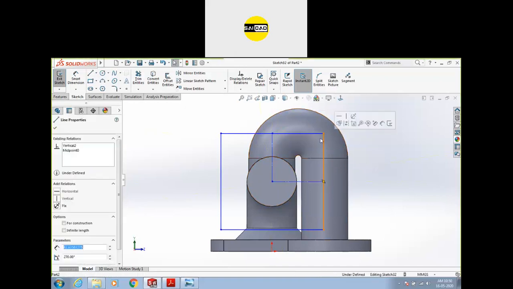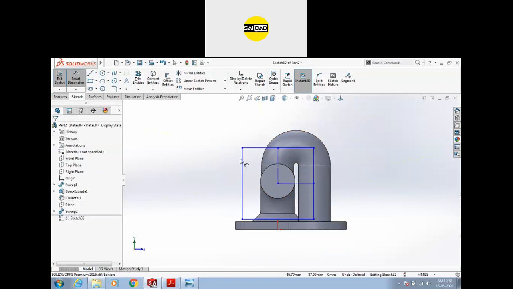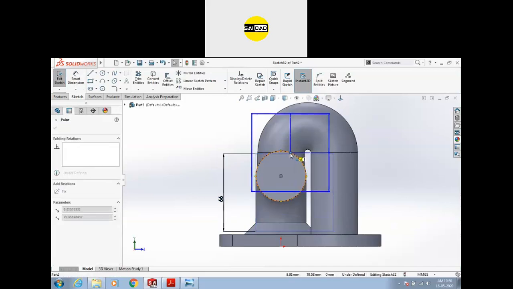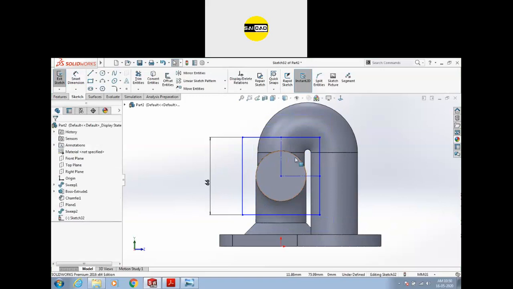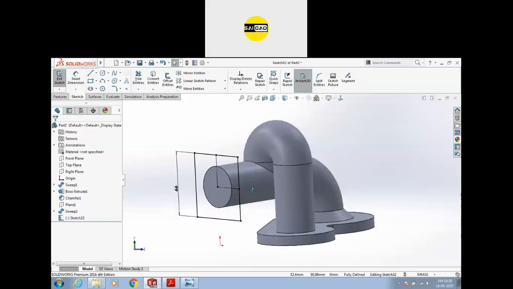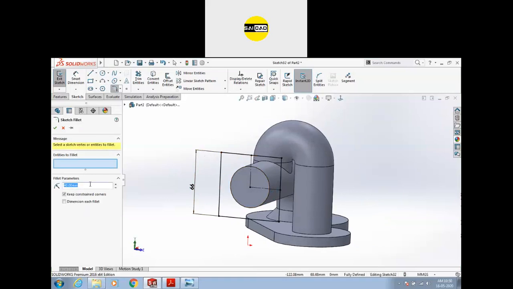Construction, both the lines are equal and the distance between 2 points is 66. Okay, so this point will be here. If you can define this point, just select the circular entity, select the point, define the concentric relation, and this will be created like that. So define the fillets. Okay, we have the fillet radius of 8.